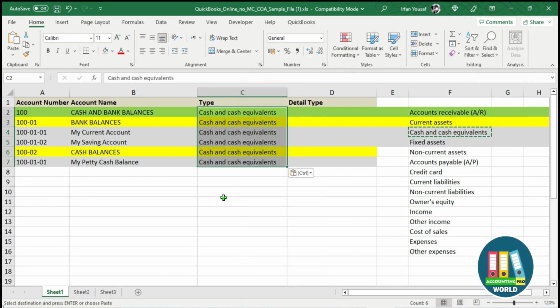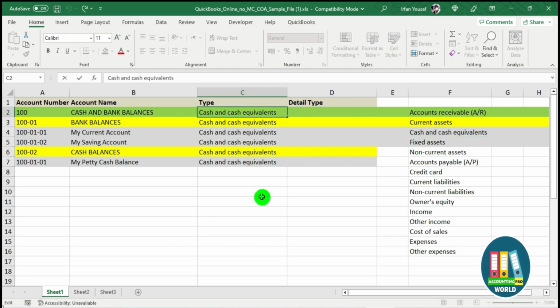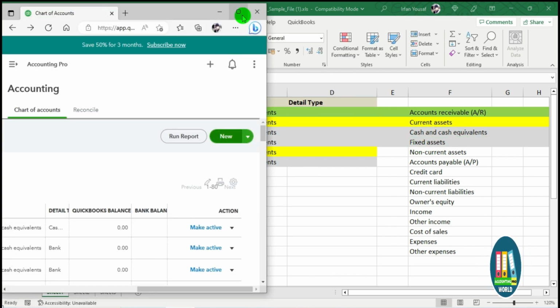Once the parent type cash and cash equivalents is given, I'm going to give the second account type, which is a detail type. So what is the detail type? I have to check it in my QuickBooks Online. Let's click the new button and go back to QuickBooks